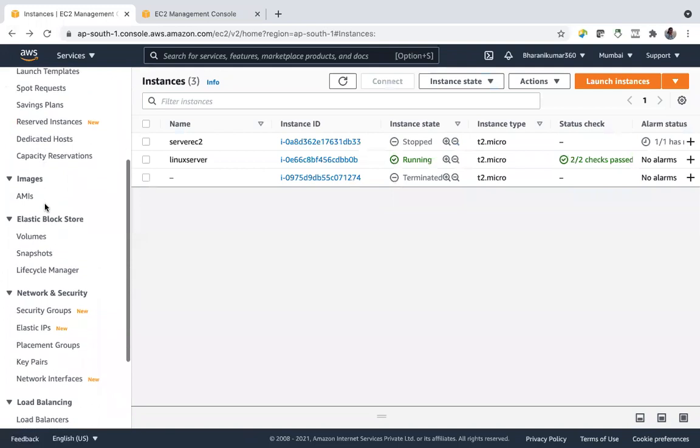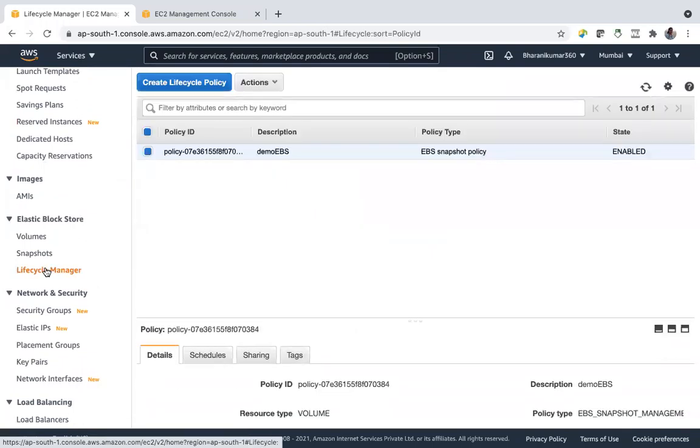And then we have here something called lifecycle manager, also called data lifecycle manager. And this is helpful. Suppose you are making changes to your application, and every time a change is made, you have to take an AMI of it.